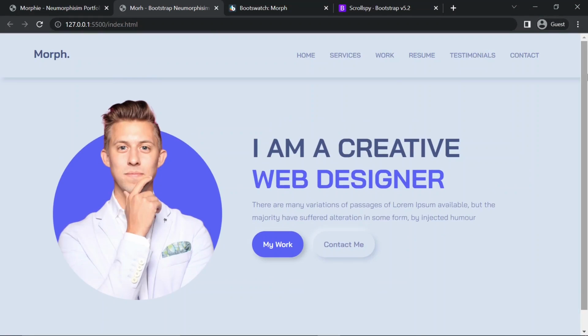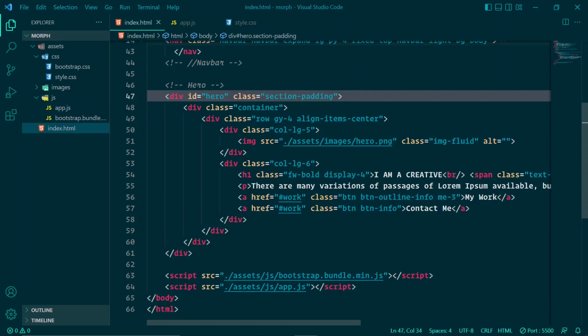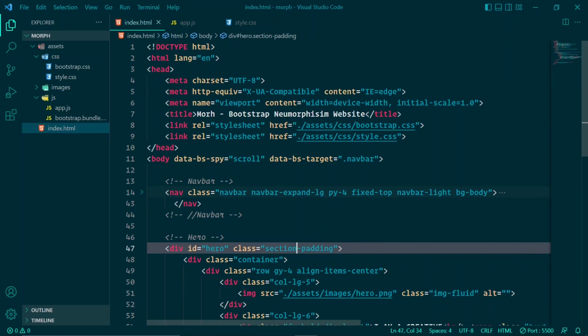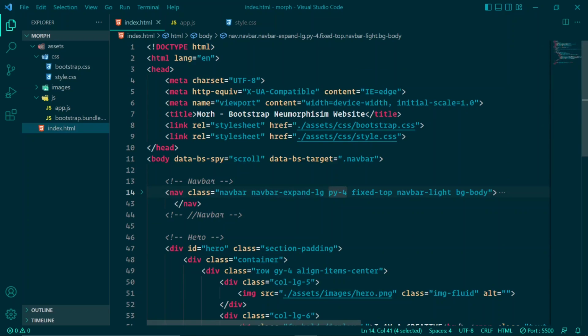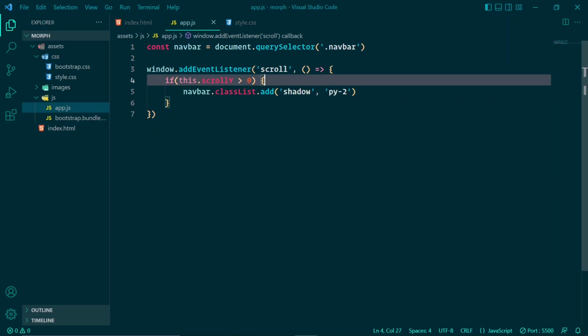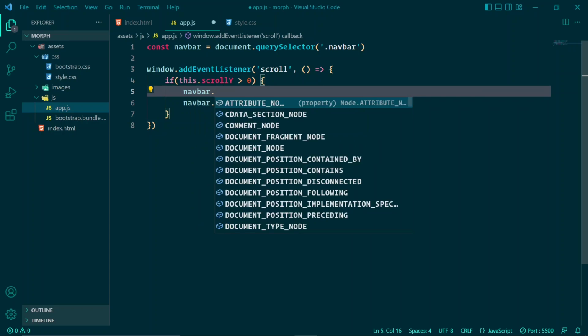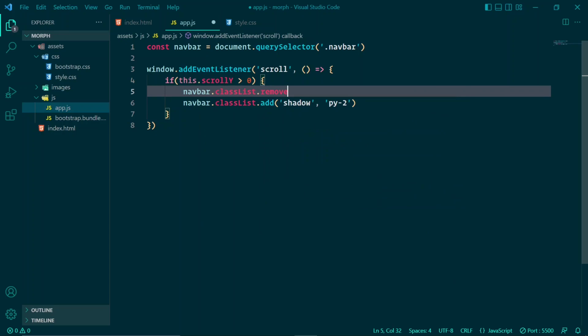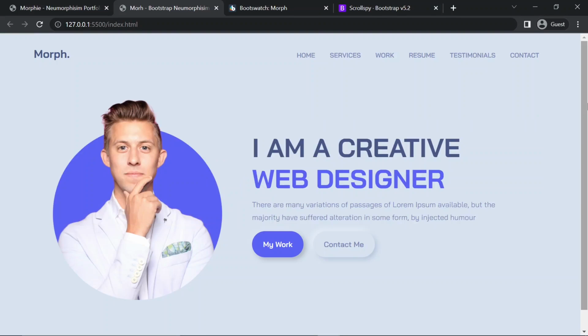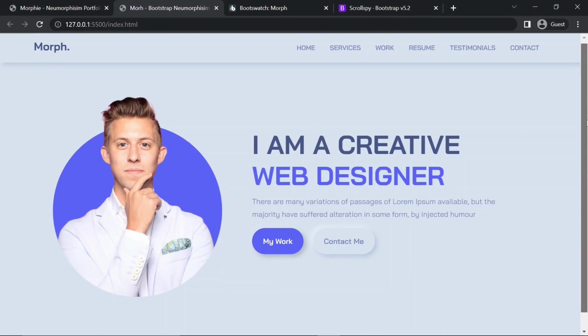As you can see, we have this padding top and bottom 4 rem. So I'm going to remove this when I scroll down, and I'm going to add another class, which is going to be padding top and bottom 2 rem instead of 4. So how to do that? I'm going to select the navigation bar, and remove the class which is padding top and bottom 4 rem. So when I scroll down, as you can see,